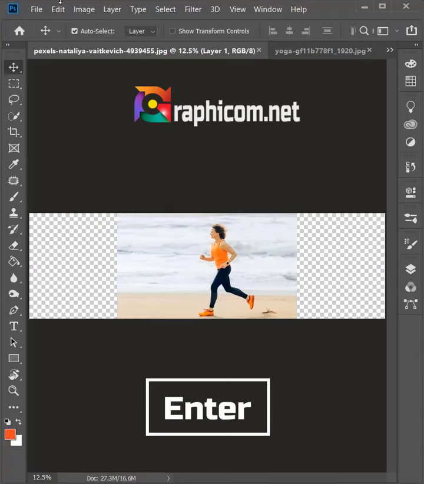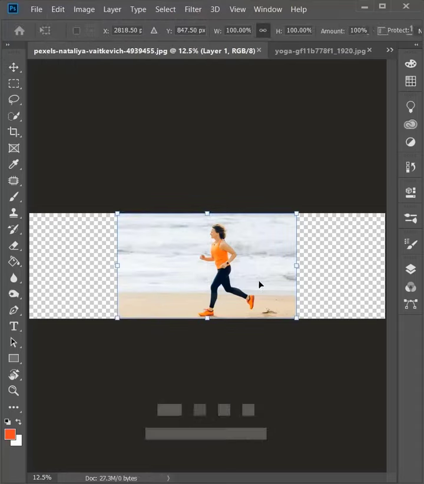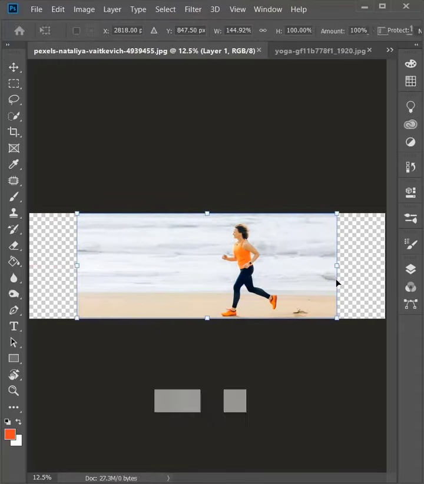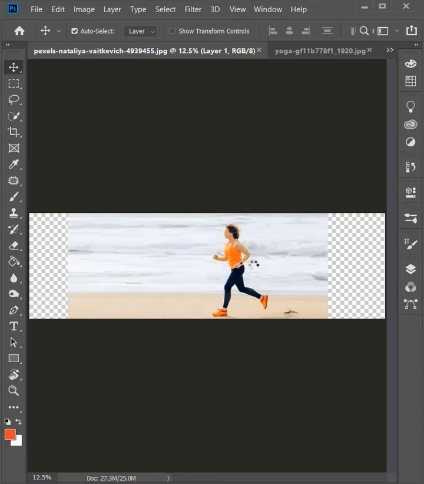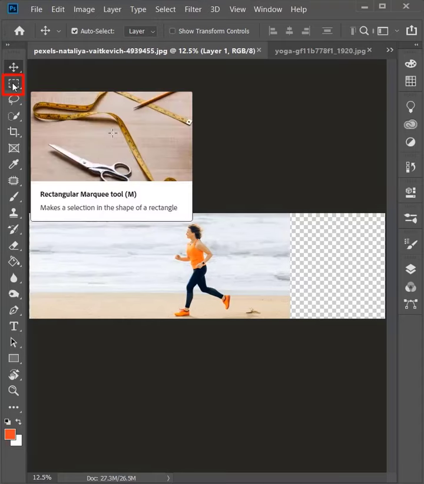Press Enter, go to Edit and select Content Aware Scale. Hold the Shift and Alt key, stretch it now. Press the Enter button here. If you want to put your subject in the middle, just go to the Rectangular Marquee tool